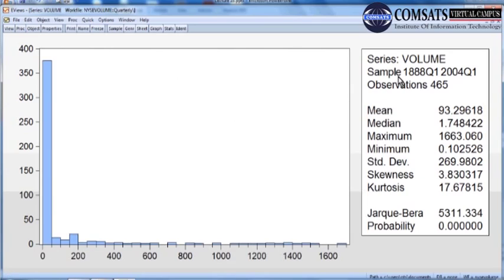But if you want to understand the data with reference to the histogram, then you can see the skewness is a positive number and it is much higher than 0. So it is positively skewed.